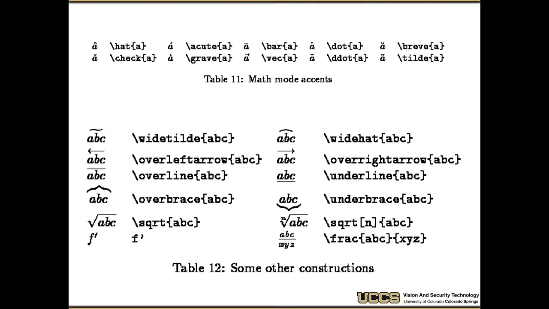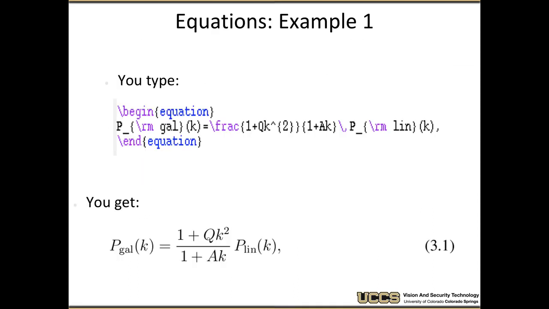It can do things like arrows and squiggles and over braces and square roots over various sizes of symbols. So that can be very powerful as you're trying to put stuff together, hats and quotes and whatever. You type an equation in, just as an example, you can get, in a very small amount of space, pretty nice looking equations. A number of websites now use what's called MathJax, which is actually a LaTeX version made for